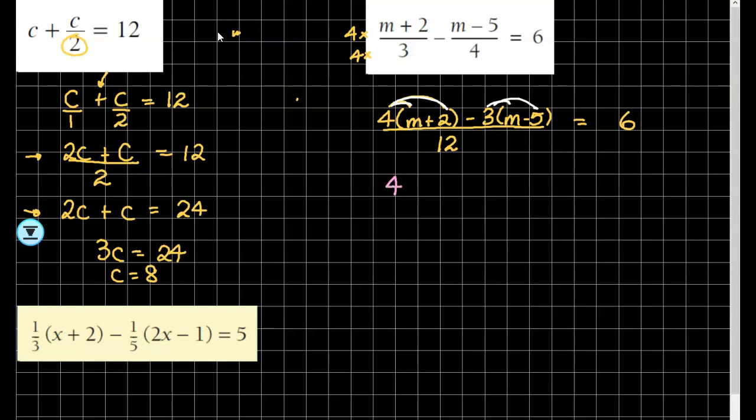So we're going to go 4m plus 8 minus 3 times m is minus 3m. Negative times a negative. And, you know, you just asked, Aiden, can we just put it straight away? You'll be happy to know it's the same thing. Yes, if you can, that's fine. You're just minimising your errors, especially if this is late on